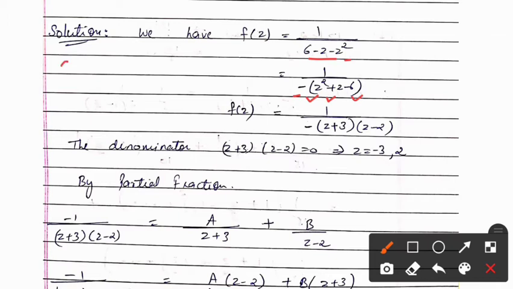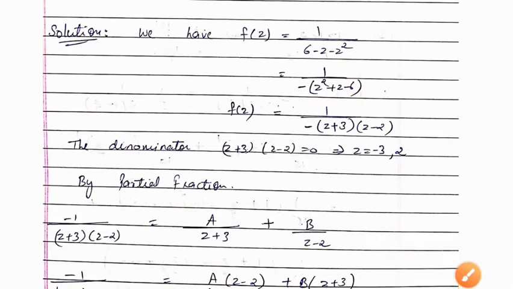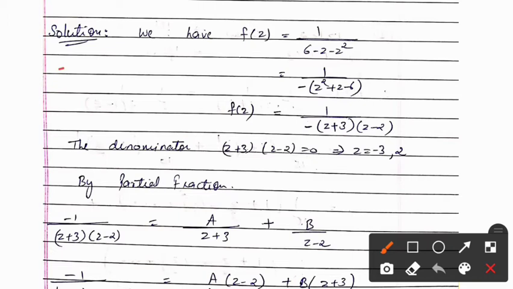Now see, we know that ax square plus bx plus c is the general quadratic equation. Okay, now we have to find the factors of this particular term. So minus 6 we are having, we have to find the middle term in such a way that the addition of their factors will give us plus 1 and their multiplication will give us minus 6. So the factors of minus 6 can be 3, minus 2; minus 3, 2; minus 1, 6; and 6, minus 1. These all are the factors of minus 6.